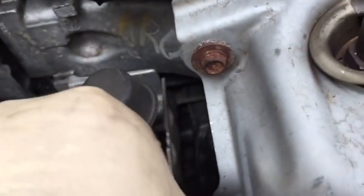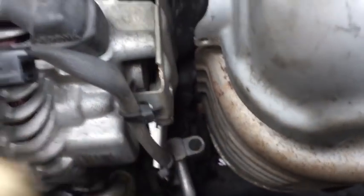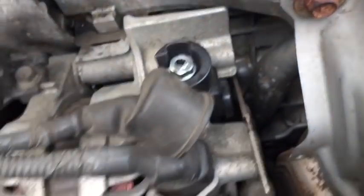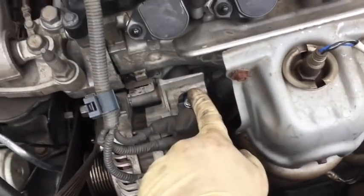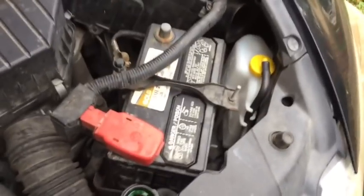Now I'm going to take and install the 2 little 10mm headed bolts on this. The one on the lower one right here. I'm going to put the nut back on the power wire, and I do all that before I reconnect my battery, because if I was working with my ratchet on this and my ratchet was attached to this and hit that, I'm going to create a short. I can burn up the electrical, I can fry the battery, could cause it to explode,